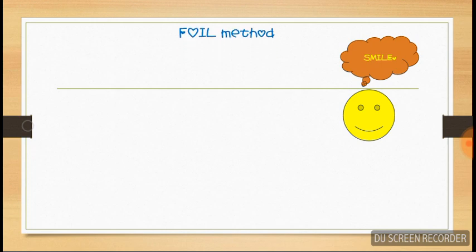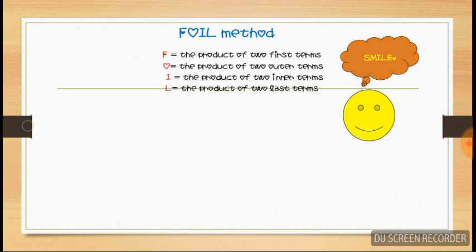So now let's proceed to the FOIL method. FOIL method is an acronym for first term, outer terms, inner terms, and last term. F stands for first term, O for outer terms, I for inner terms, and L for the last terms. So as a representation,